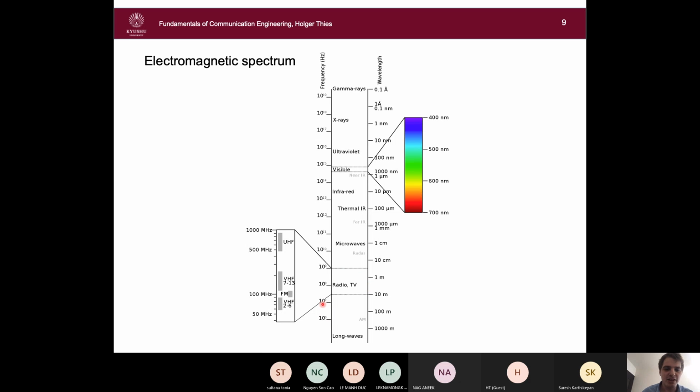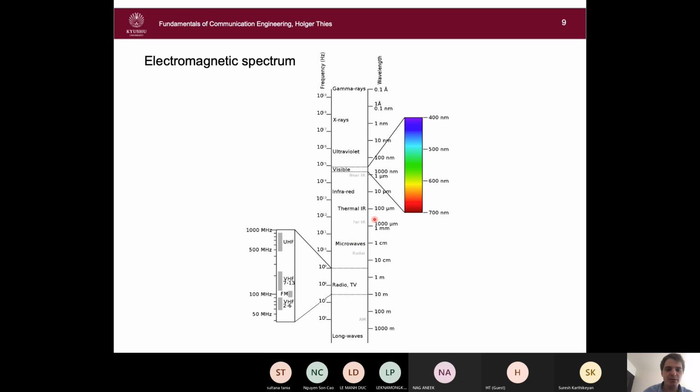For example, well, they are called radio waves, so they're used for radio and also for TV and so on. There's also, we call radio waves with a wavelength longer than 10 meters sometimes long waves, and shorter ones we call medium or short waves. So those are radio waves, and above radio waves we have microwaves. Microwaves are, for example, used in cell phones, radars, microwave ovens, and in communication satellites.